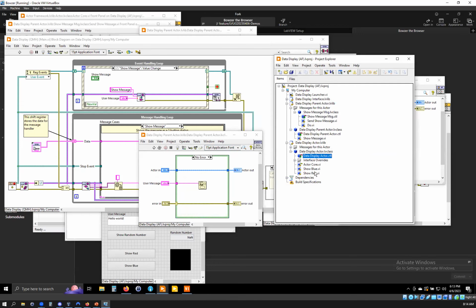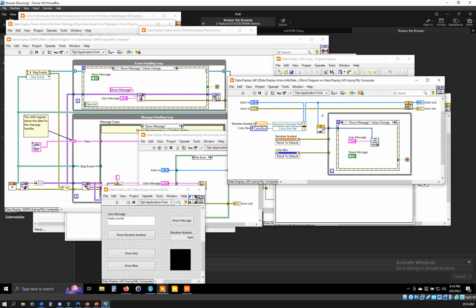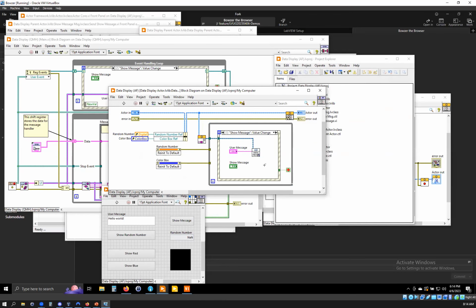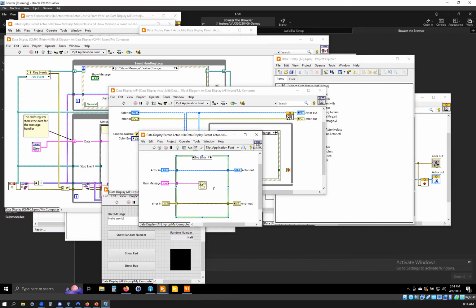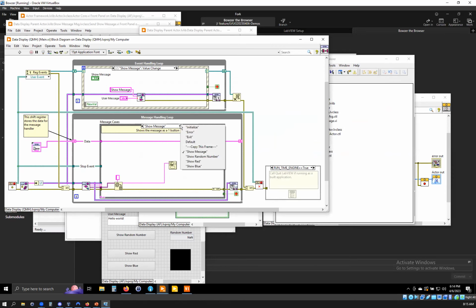Now that's a little involved. Casey did make this a little easier. There's a Zyah OpenAF payload method package you can download off VI Package Manager, and you can right-click, go to open payload method, and that's great. It's faster, but you're not getting... What's nice about this case structure is you can see everything the queued message handler can do in one spot,